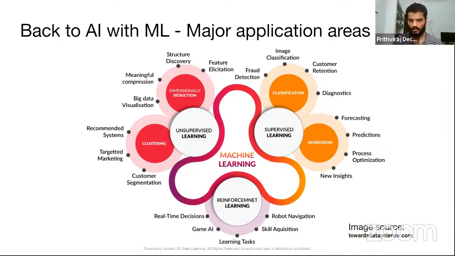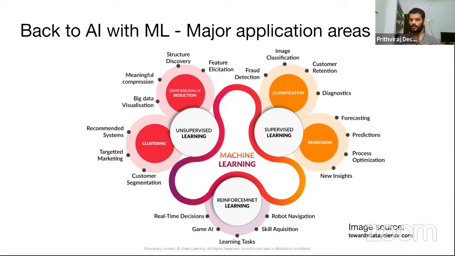This is called classification, and there are many applications for it. You can use classification to detect frauds in ATM machines, in banks, or among credit card defaulters. You can also detect frauds in cybersecurity. These are classification applications, even image classification, the dogs and cats that we discussed. Another is customer retention: you can use machine learning to identify customers who are loyal to the company, and the customers who seem to be on the brink of being lost to the company.